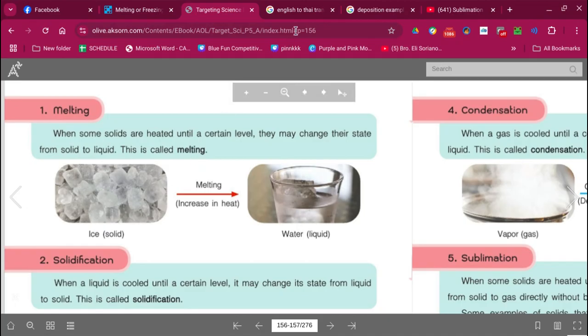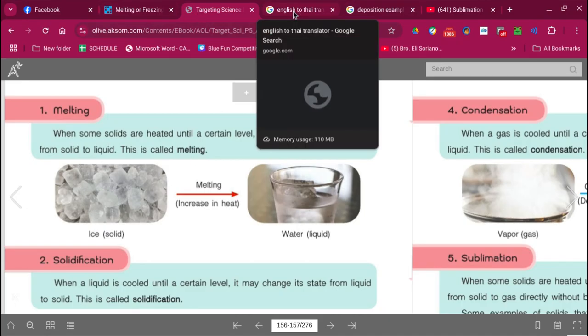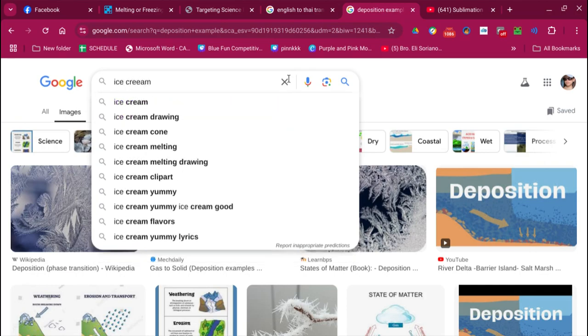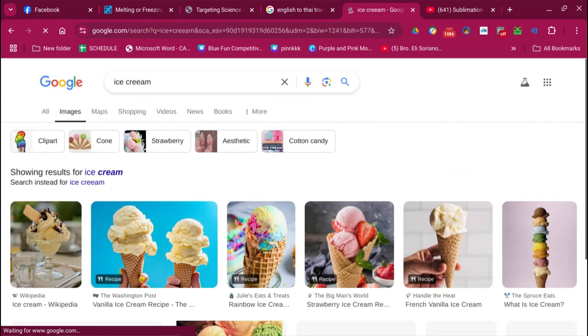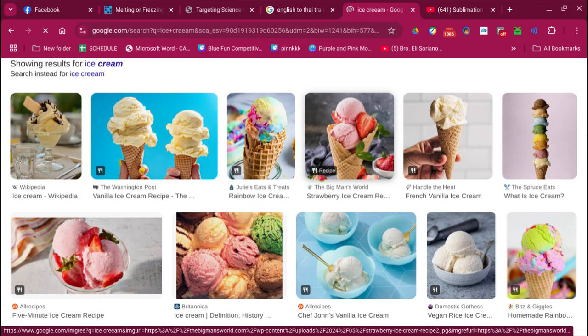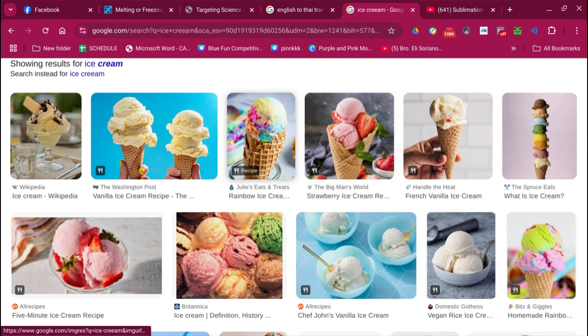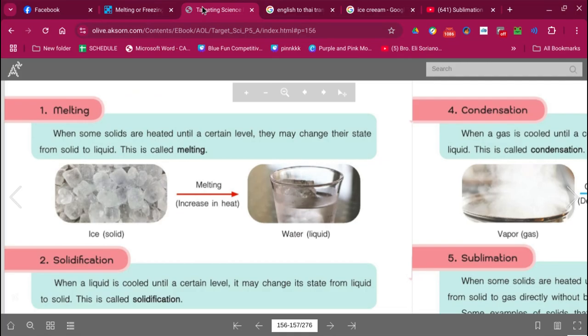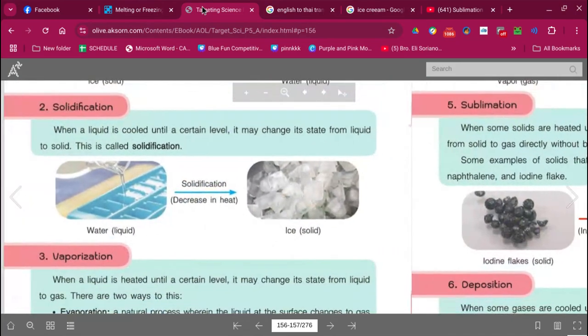So another example of melting is ice cream, right? An ice cream, it will melt when it is taken out of the fridge, right? Yes. So that is melting. And the second one is,